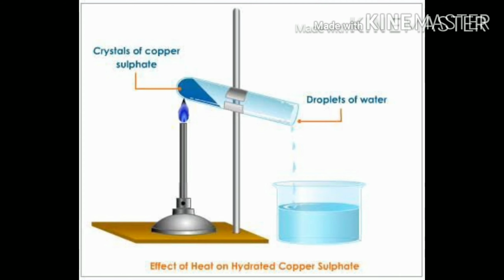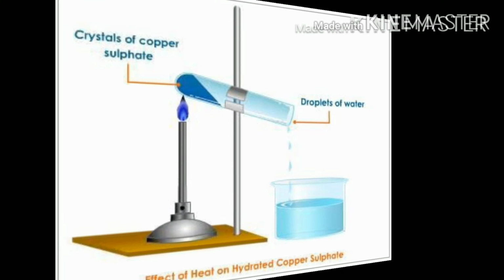Next, you have a whole setup over here. The test tube has blue vitriol, which means copper sulfate pentahydrate. Penta means 5, hydrate means water. So copper sulfate CuSO4 has 5 water molecules, in short, H2O molecules. So when you heat it, naturally if it has water inside it, the water will come out. The water will come out of the test tube.